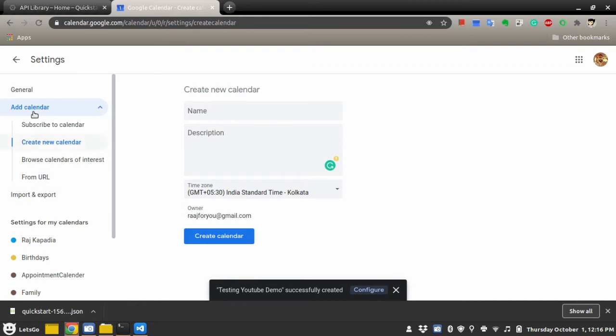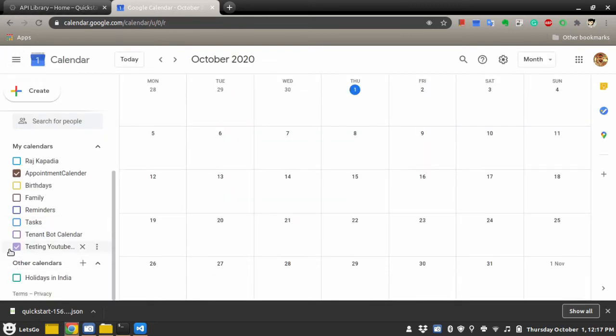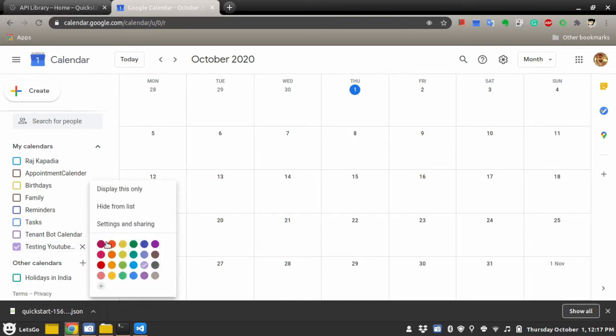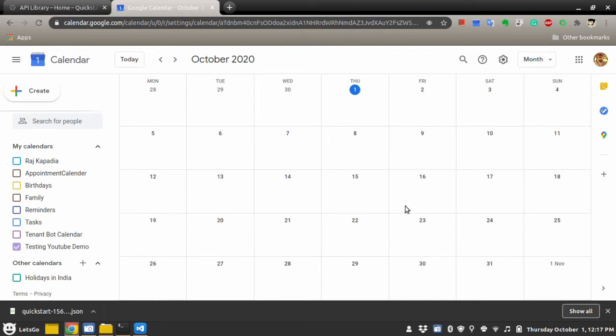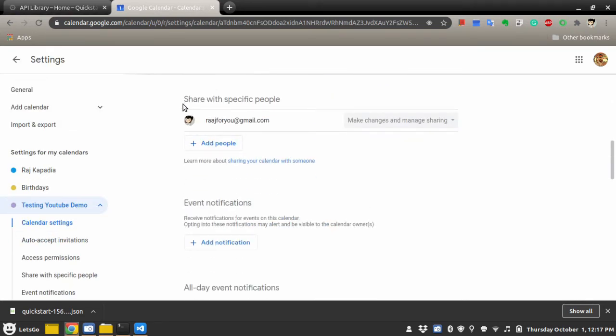Once the calendar is created, just select the calendar that you want to use and click on these three vertical dots. Go to settings and sharing. Here you will see share with specific people.